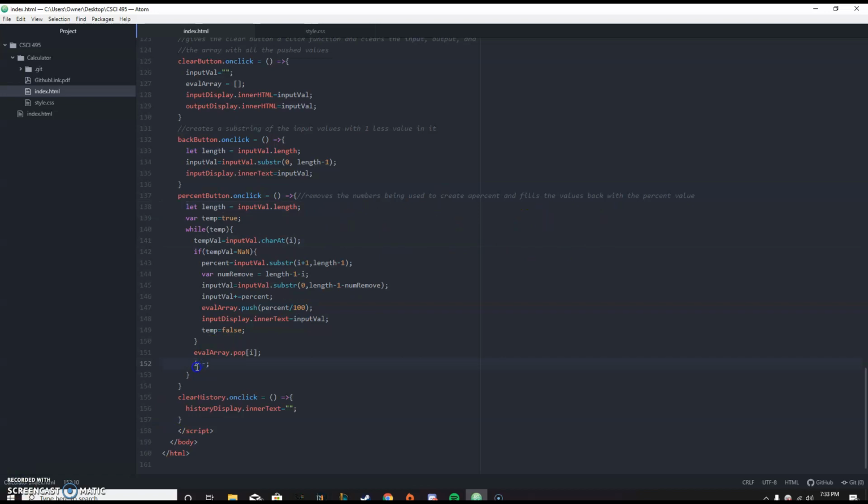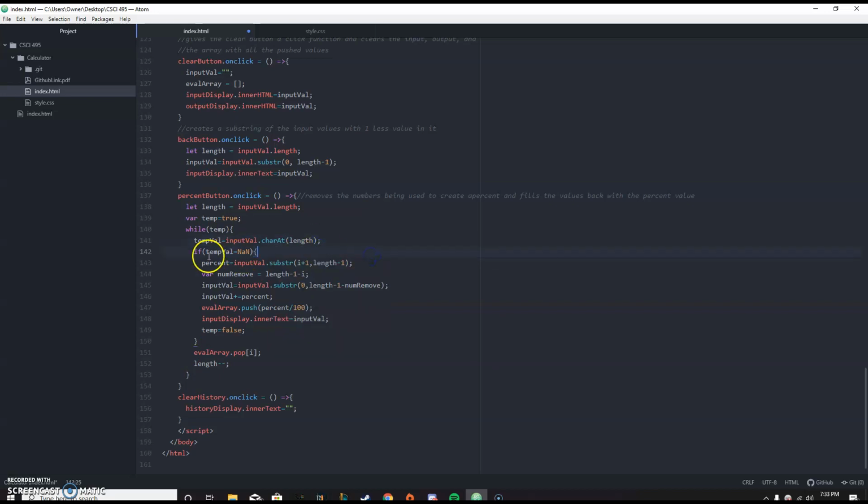This value right here, I believe, should be length instead of i, because I originally tried doing it as an i value, but I wasn't able to get it to work that way, so I used this value that I just created, and so it comes through the loop, takes the character at i, which is supposed to be length,